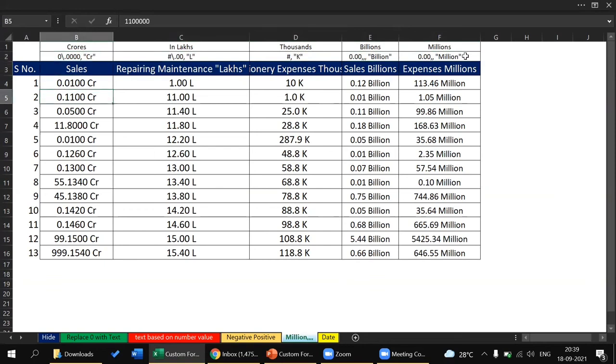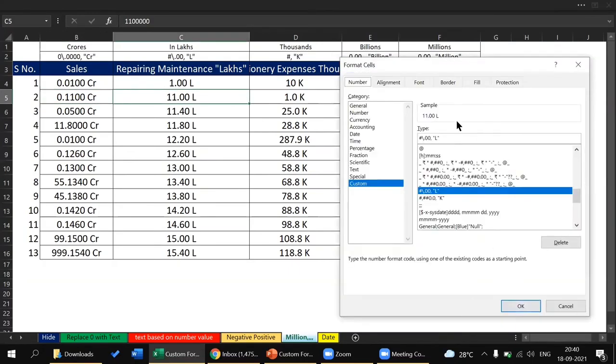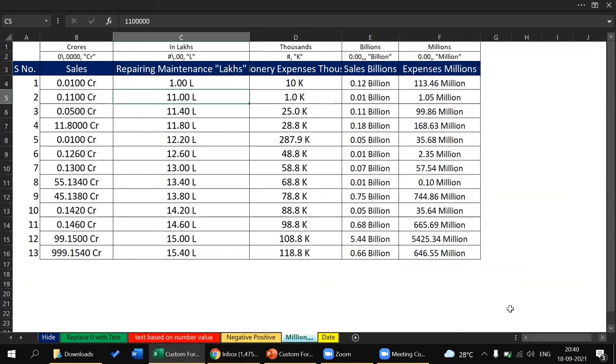In each cell, you just go to the custom formatting options, and you can see that the same formula as above has been applied here for each cell. In this way, we can use custom formatting to display the numbers in the way we want.